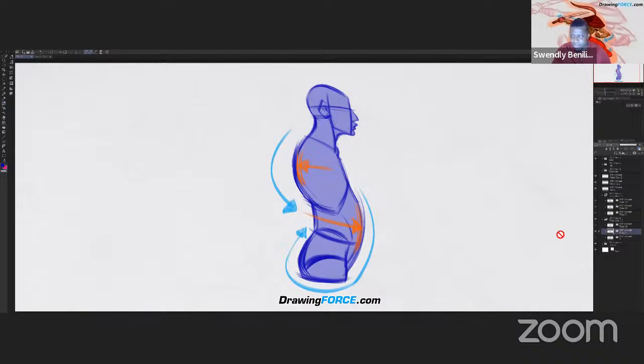If you look at the torso from the side view, we have a rhythm that is being created between the back, the stomach and the pelvis. Here we see the directional forces. You can see the applied forces pushing in opposite directions. And the important thing to understand about the S curve is that you have to cross over.